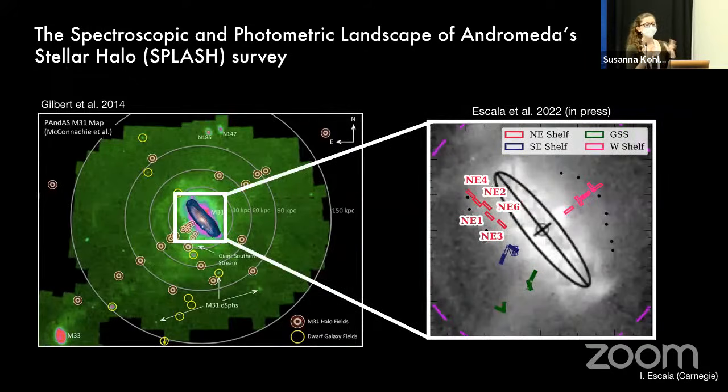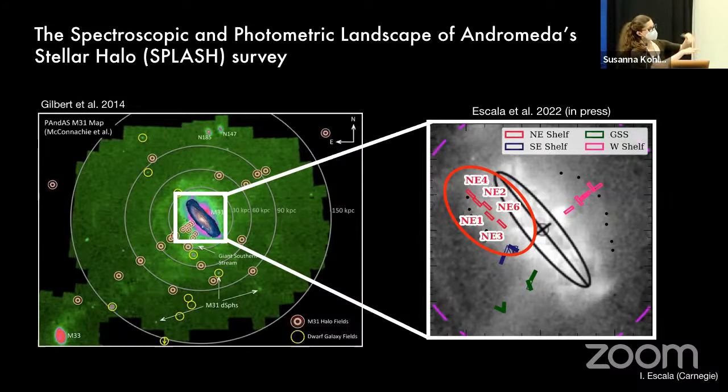So here is a zoomed in image of the central few degrees of Andromeda. You can see the central disk region. And these rectangles in this zoomed in plot represent the DEIMOS fields on the sky. So this is the location of our data. Within the SPLASH survey, we've targeted the system of tidal features that you can hopefully see within this image. We have the giant stellar stream in the south, which is targeted by the green rectangles and is that overdensity in the bottom part of this plot.